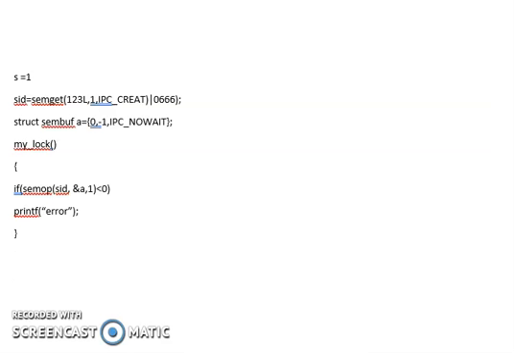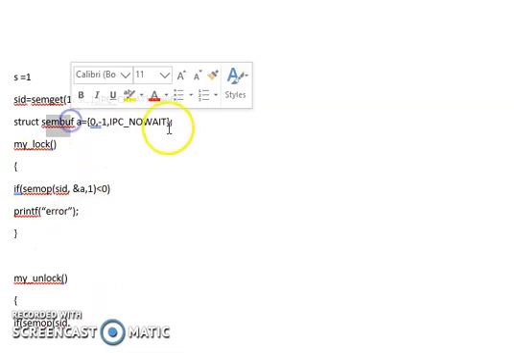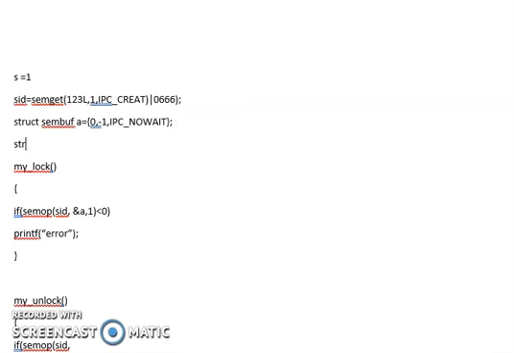Similarly, in the exit section, I will be calling my unlock function, whose definition I am writing here. Same as above, I need to call semop with SID, and for that I need to have this particular structure. So I'll be going and creating another one. sembuf, let me take it to be B. Now the semaphore is again 0.